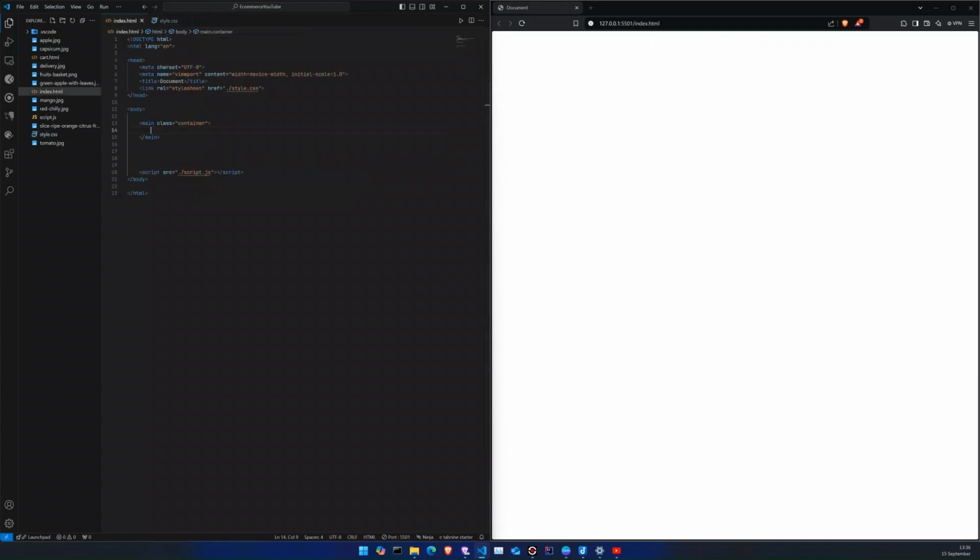Okay, now let's create our navbar. nav.navbar. Okay, and here I will have a logo. In this logo I'll have an a tag, href set to index.html as of now, and let's name it my store. You can name it however you want. Okay, and now ul.nav-links,